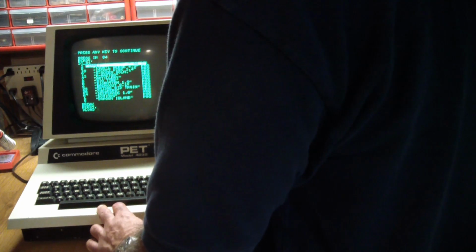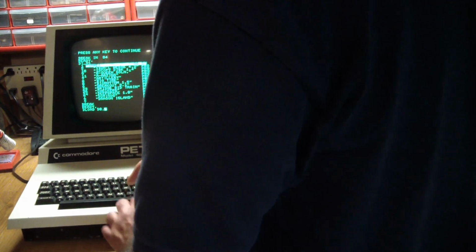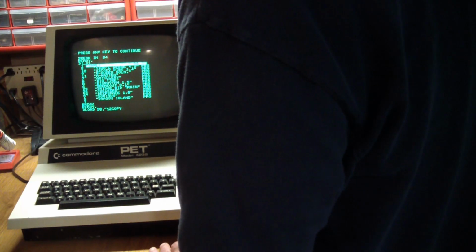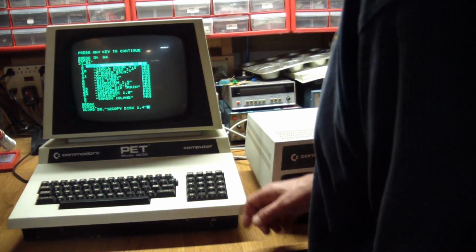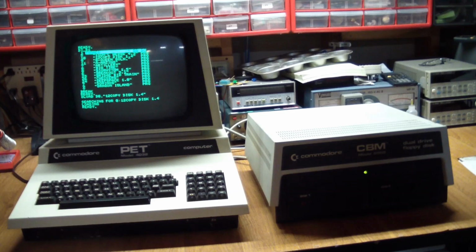DLOAD drive 0, and we have 12 copy disk 1.4. So let's see if we can even load that. And there it is. Loaded it. So now if we run this,